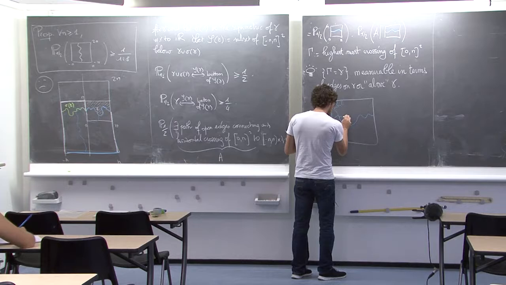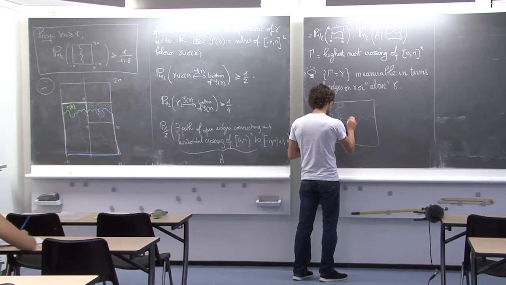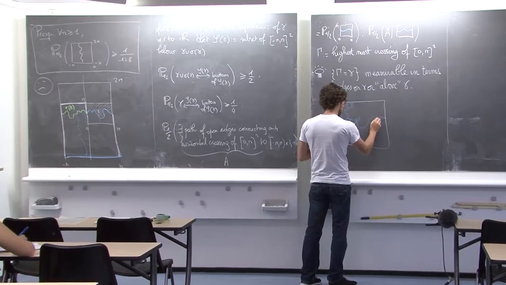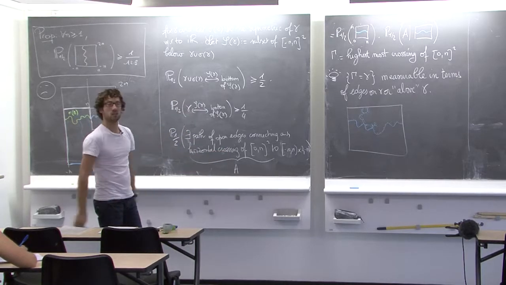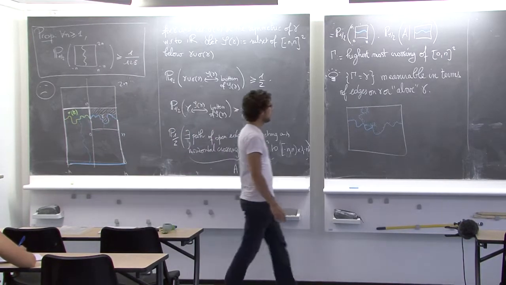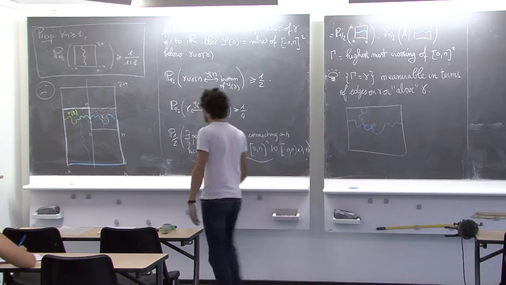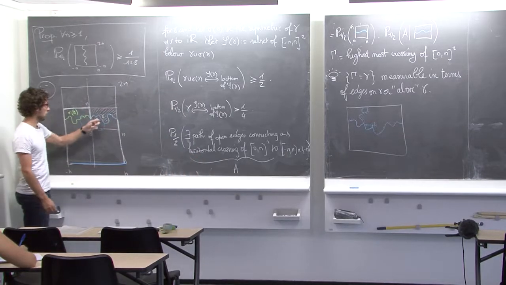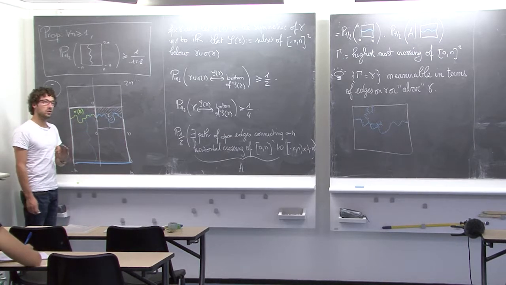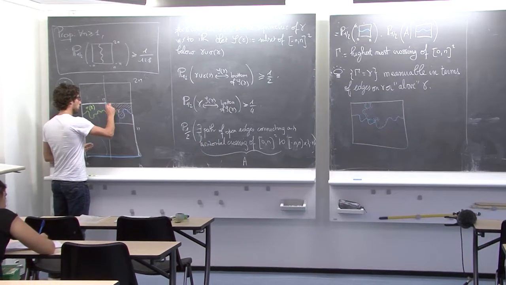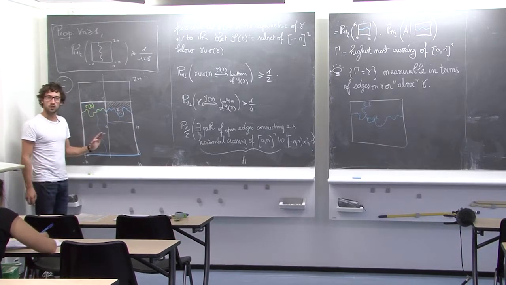I never said that gamma was a self-avoiding path. Okay, so it could look like that. But you need to know that it's the highest most. So you need to know that above it, edges are closed. But you don't need to know anything about what is below. So in particular, if I condition on gamma, my random variable, to be equal to this small gamma, then the only information I have is information in this dash area. So everything else is independent percolation.